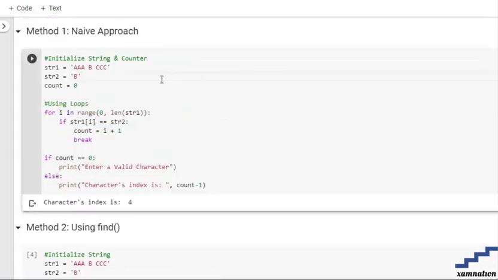First we are going to initialize our string and the substring, or you can say the character, which we need to find in our string, and we set a counter, that is count, which starts at 0. After that we are going to use a loop, in which we go from 0 up to the length of our string, and then we set an if condition